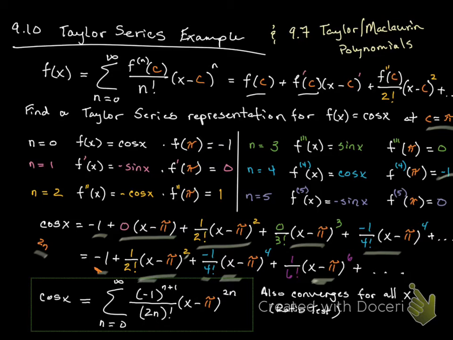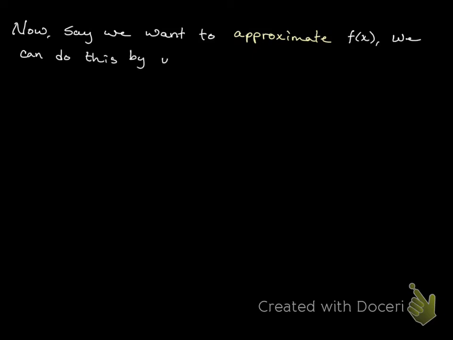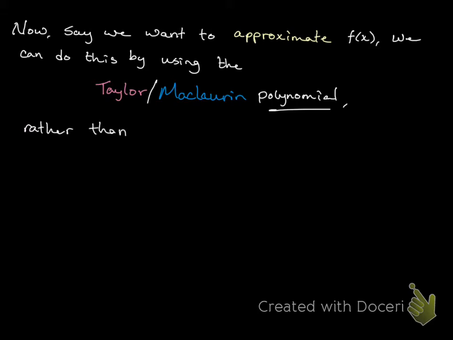I group them on purpose, right? Because they're so related. I do the whole series first, and I say, well, what happens if we only do so many terms? Well, what we get here, say we want to approximate a function f of x. We can do that by using the Taylor or Maclaurin polynomial. Instead of the series, we use the polynomial rather than the Taylor or Maclaurin series. Now, an important note here